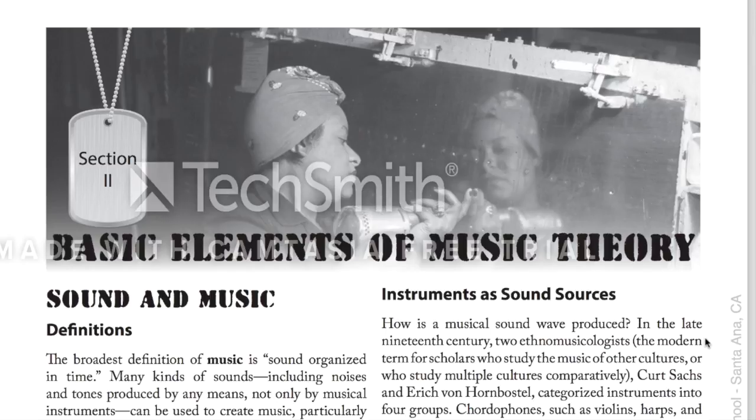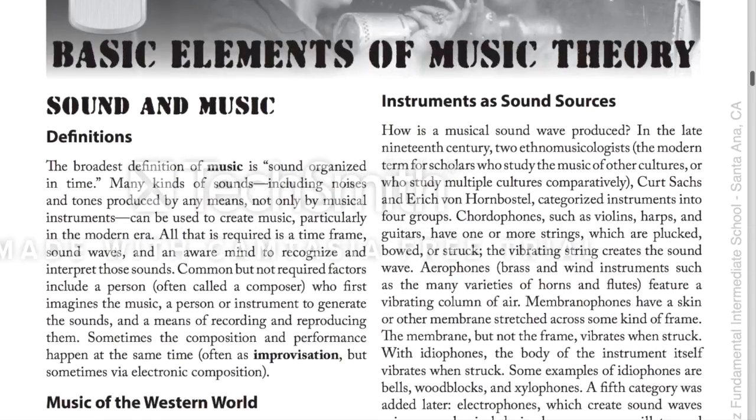Basic Elements of Music Theory, Sound and Music. Definitions. The broadest definition of music is sound organized in time. Many kinds of sounds, including noises and tones produced by any means, not only by musical instruments, can be used to create music, particularly in the modern era. All that is required is a time frame, sound waves, and an aware mind to recognize and interpret those sounds. So once again, these are some of the definitions you must remember. We're going to go ahead and underline those right here. It's sound organized in time, and you need a time frame, sound waves, and an aware mind to recognize and